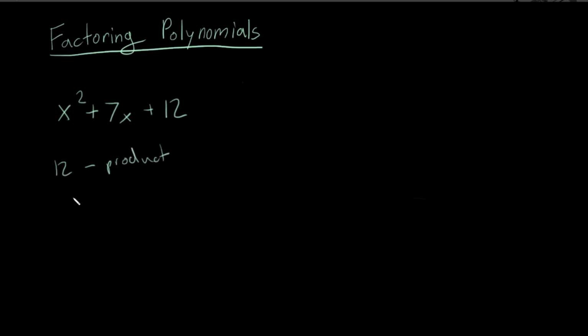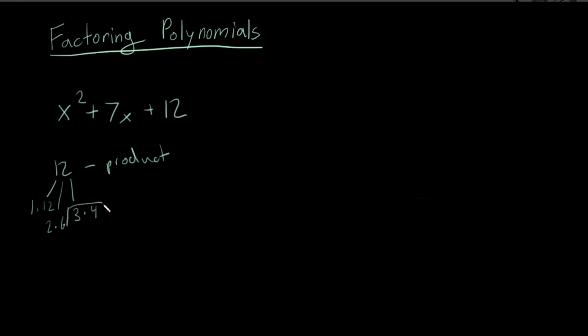And let's split our product into its factors. So we can say that there is 1 times 12. Say that there's 2 times 6. And we can say that there's 3 times 4. Be aware that since this is a positive, all of these factors can also be both negative. So we can also say negative 3 times negative 4. However, in this case, our middle term is positive, so we don't really need to worry about negatives right now. But if your middle term was negative, you might need to worry about that. Okay, so I can see that it's 7, and right away I can see that 3 plus 4 is equal